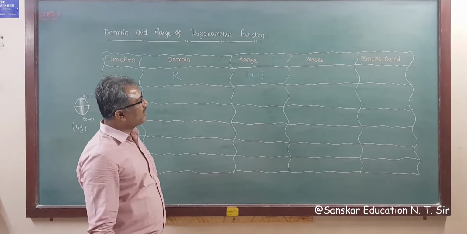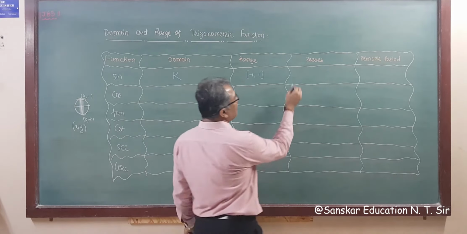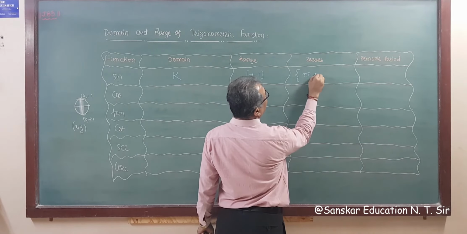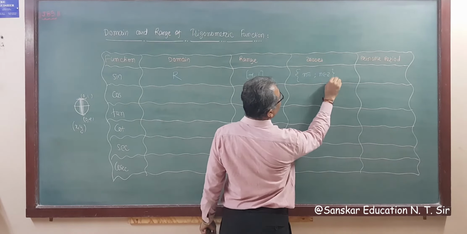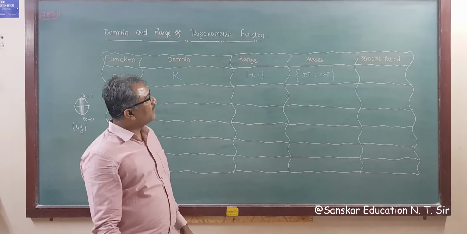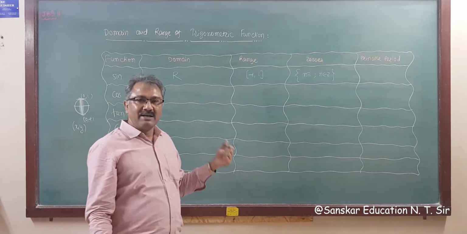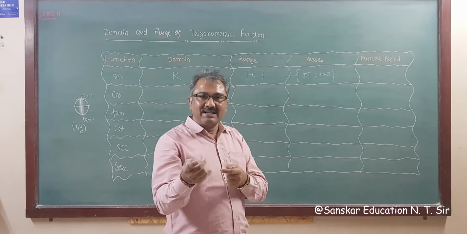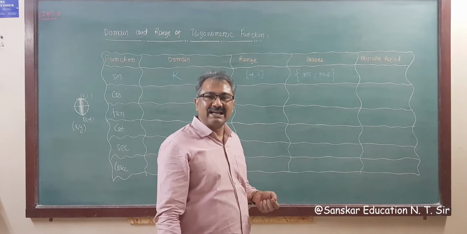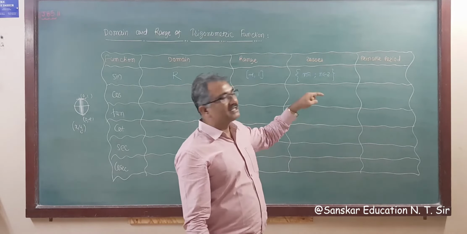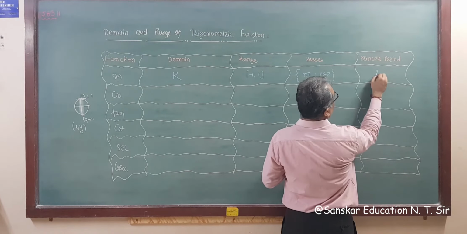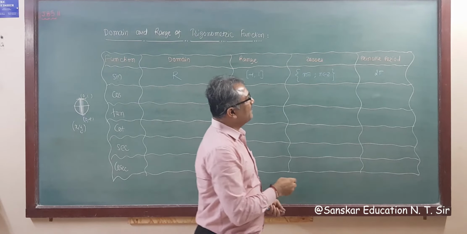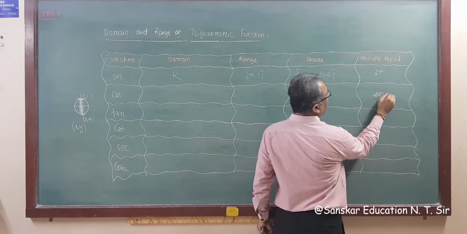Now the set of zeros for sine. The set of zeros for sine is, you know, k pi or n pi. If you want to write k, you can write k or n pi. n belongs to Z is the set of zeros for the sine function. And principal period: the value of the sine function is repeated after one complete rotation. We write sine x is equal to sine of twice n pi plus x, that is sine x, right? So the principal period is 2 pi. Similarly the cos value is repeated between these, so the principal period of cos is also 2 pi, right?